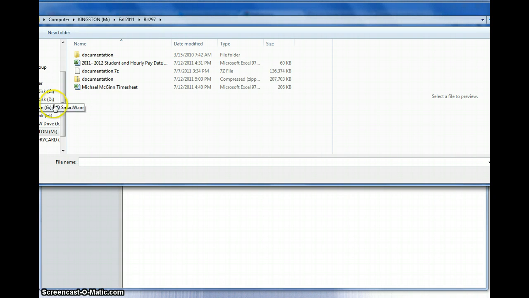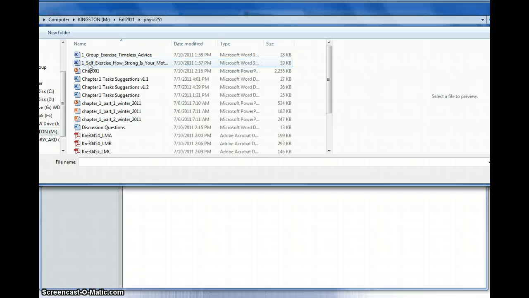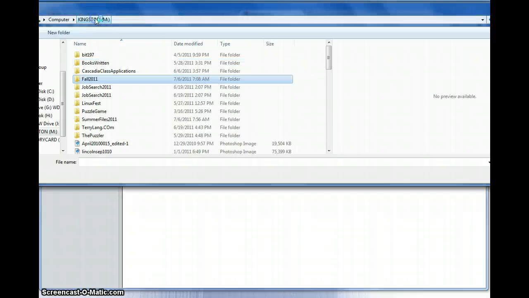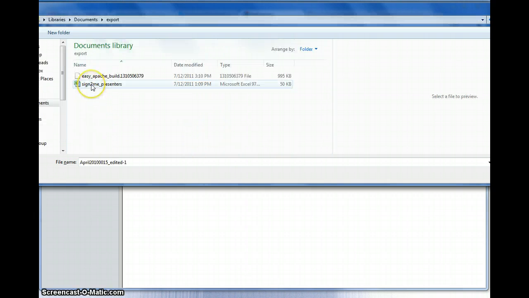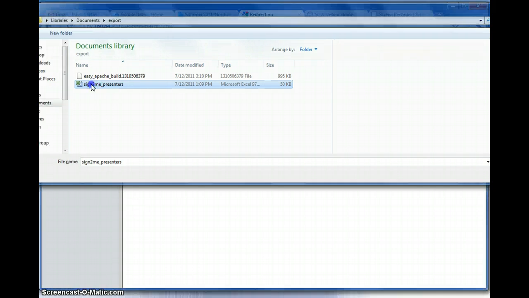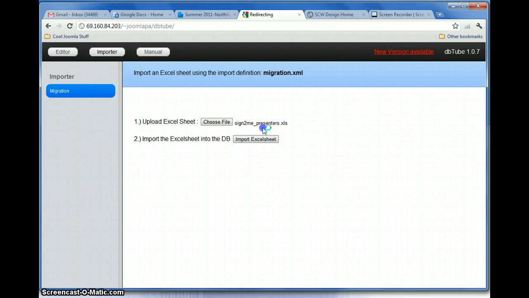Where did I put that? Well, at any rate, so we go to wherever we've got our Excel table, and click on it. That brings that into there, and then we click on import,